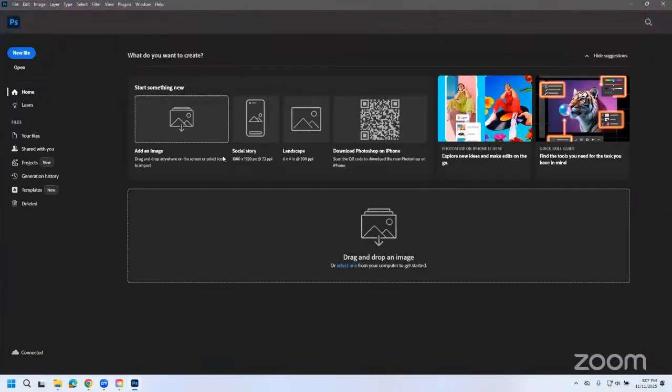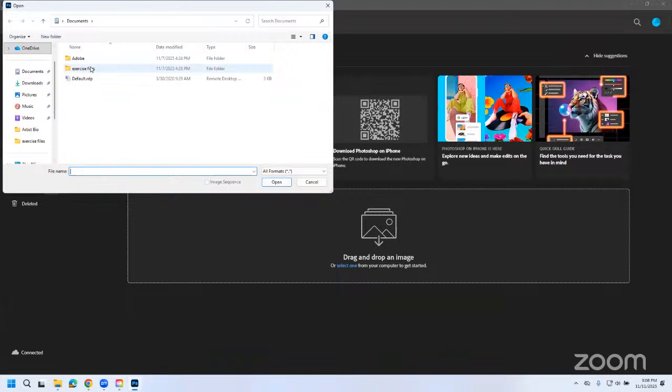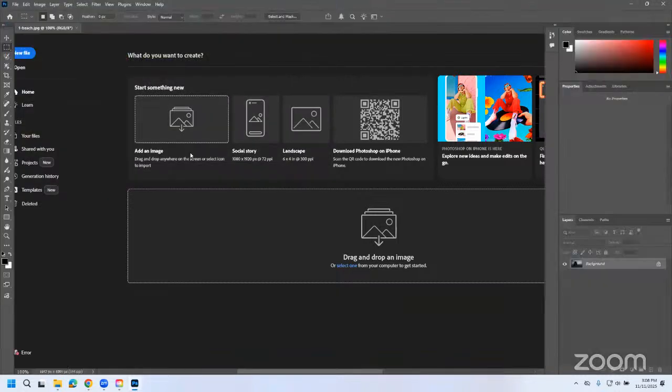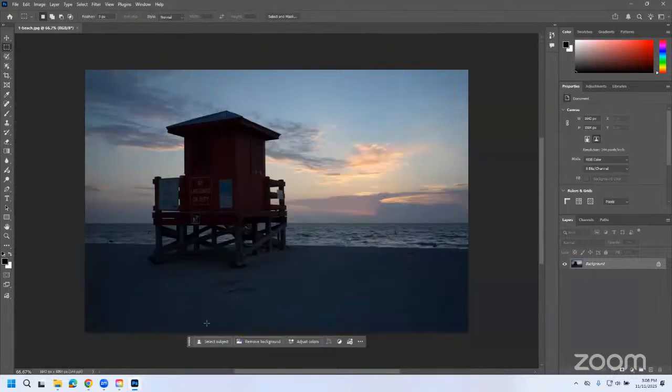And it takes a second to open usually. And then if you go to File, Open, you can look at the files that you have on your computer and choose your desired file to open in Photoshop. All right,